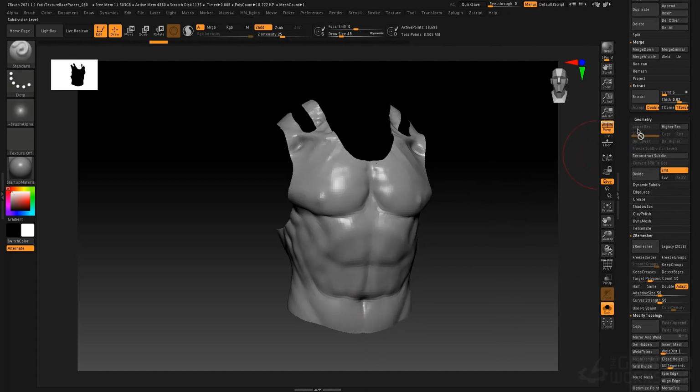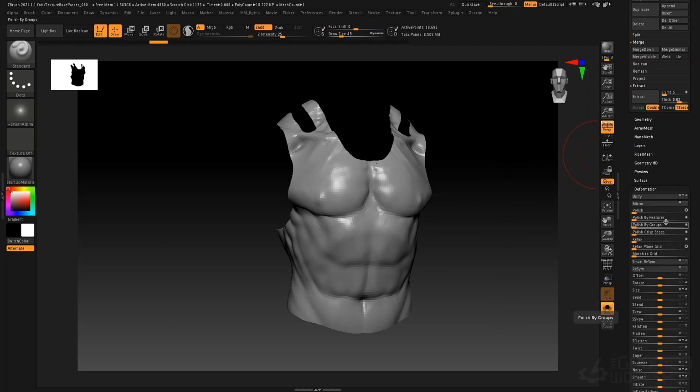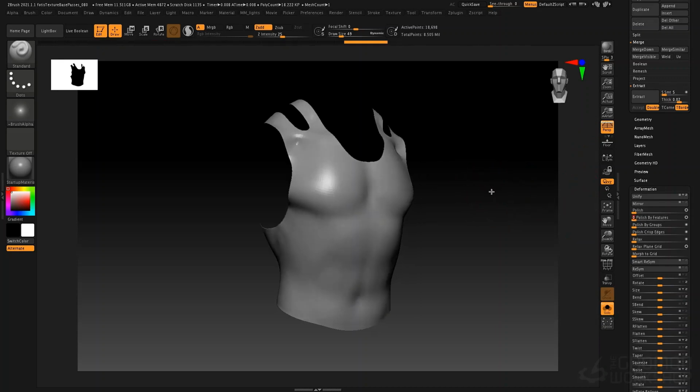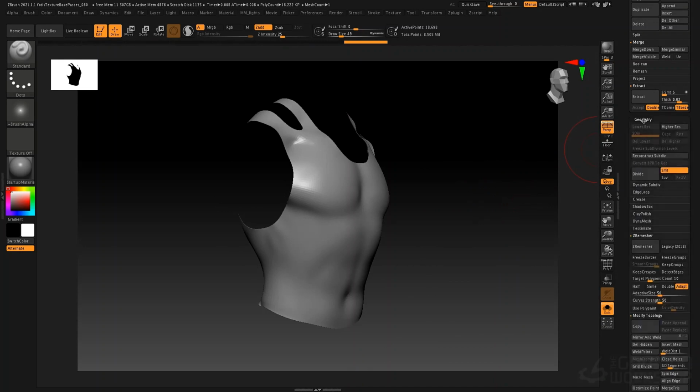go to deformation, polish by features, we'll turn that on, and then turn up the polish by features slider, and that will just polish everything. Now, if we want to add a thickness, we go to geometry, dynamic subdivision